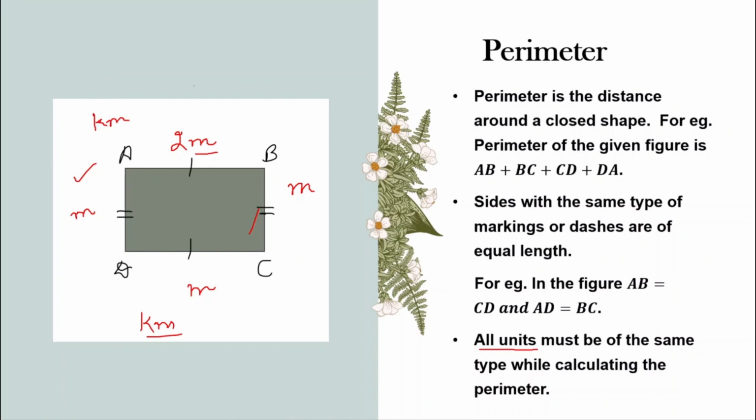In case you have been provided with a question wherein some of the units are in meters, others are in millimeters, then first we need to convert all of them into a single unit. It's completely your choice, whether meters or kilometers, or whatever is mentioned in the question, but all the units have to be of the one same type before adding them to get the perimeter. I hope it's clear. So let's move to the next slide now,